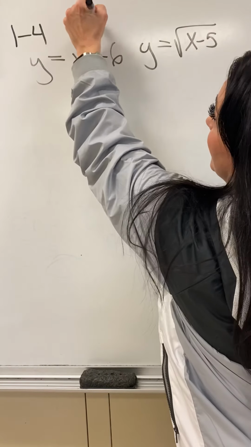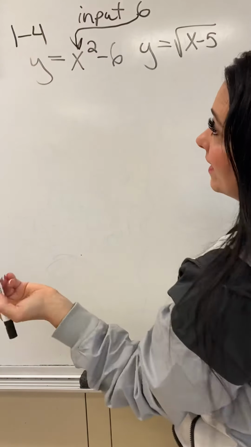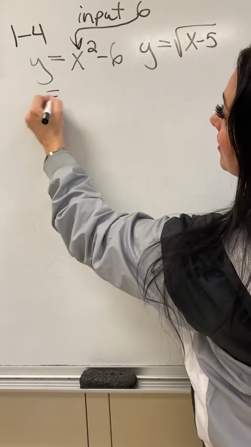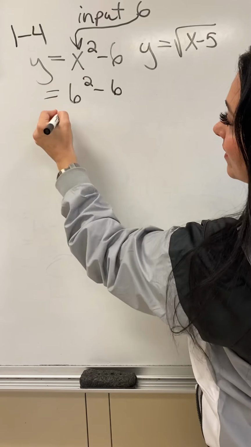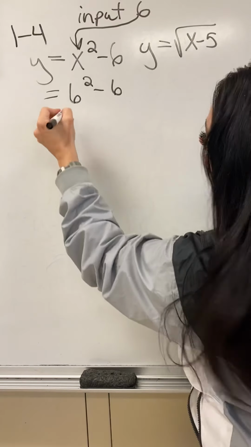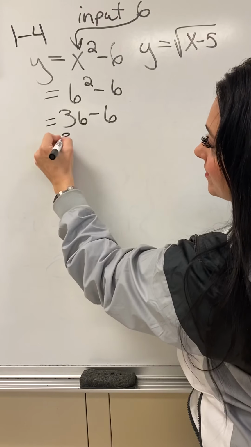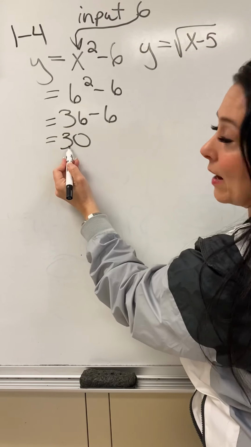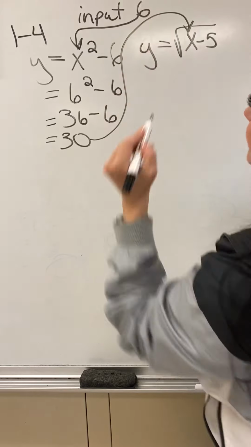So we're still going to use our input of 6. So we're going to start off right there. So 6 squared minus 6. 6 squared is 6 times 6, which is 36. 36 minus 6 is 30. All right, so that's our first output, and then we're going to use that as the input for our second